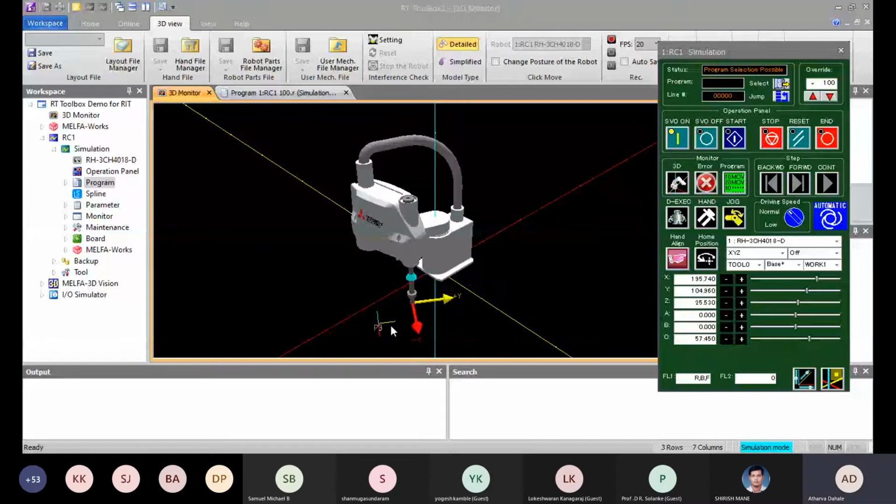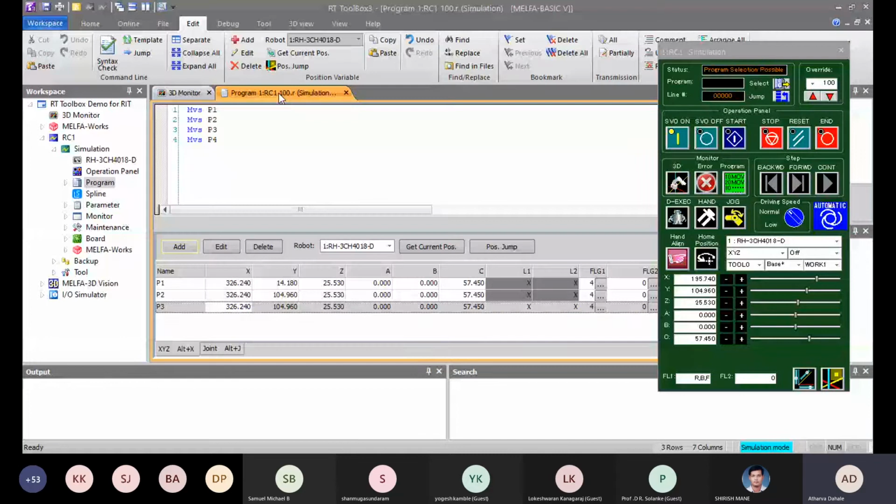So we'll say this is my next point, that is P3. So P3, get current position, and this is my P3 position.